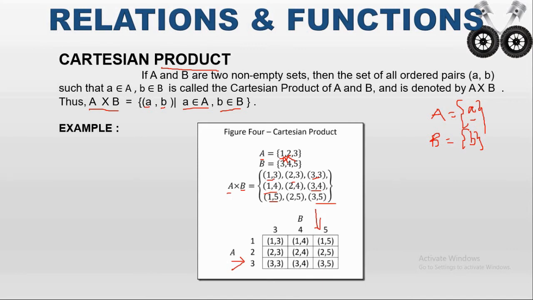So this is the position of the first row and first column. What is the value of the first row? That is 1. What is the value of the first column? That is 3. So that can be written as (1, 3). Now I want to write the value for this one. What is its position? It is the second row and the first column. Second row is 2, and the first column value is 3. So it is written as (2, 3). And this one is the third row and the first column. Third row is 3 and the first column value is 3, so that is (3, 3). Like this we have to fill the table.